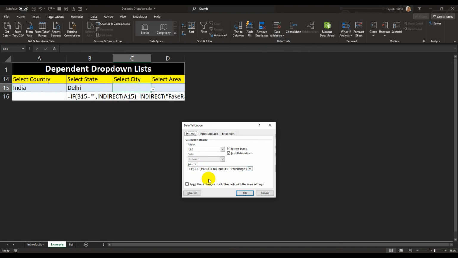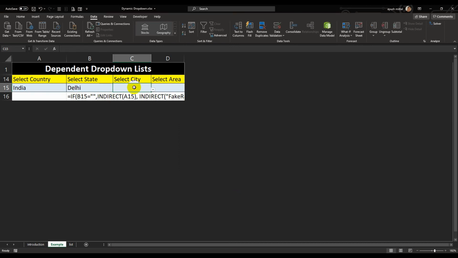The formula I've given here is incorrect. The formula should be C15 and B15. So let's see.